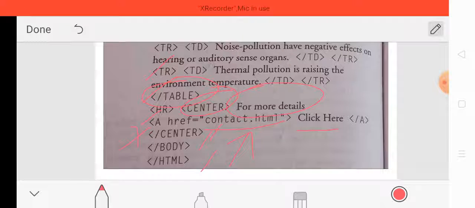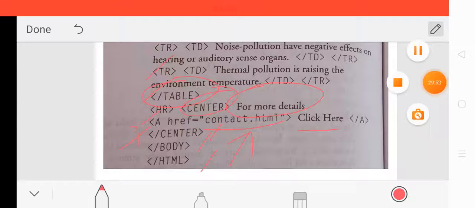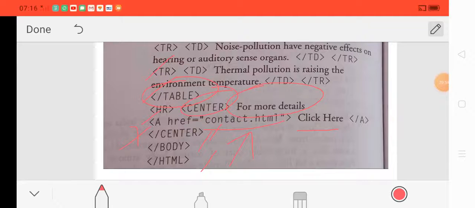So this is the question to design a web page. I hope now you are able to understand this type of question and answer them if they are asked in your examination. First of all, identify the text, then read the instructions very carefully, to see what type of setting is required for each tag, and according to that implement the web page. This is a long answer type question and may be asked in your examination. This type of question is asked in so many examinations. I hope now you are able to understand this type of question.